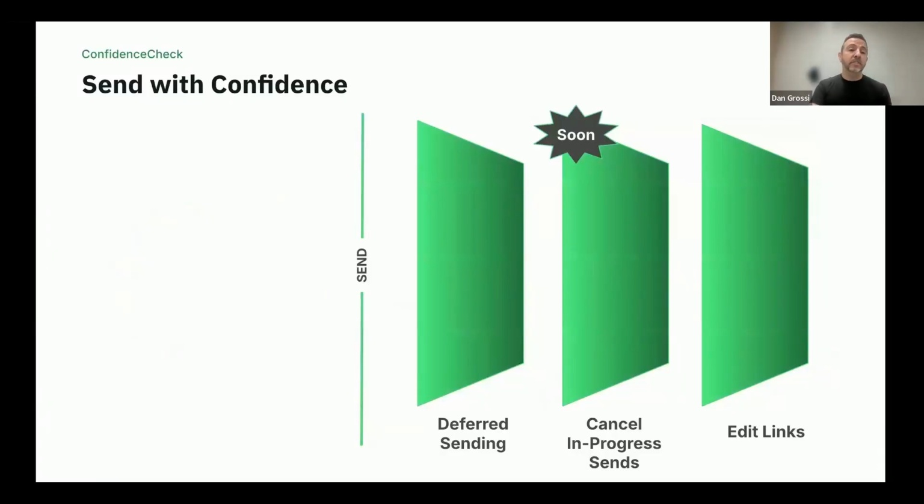Before digging into Confidence Check itself, I'd be remiss if I didn't mention our other existing confidence layers. So if you can imagine, your email proceeding from left to right here as you edit and do your own proofreading, you hit the send button. We have a few layers, in place or coming soon, that can help to correct any issues that you might have. So first off,